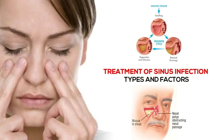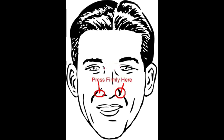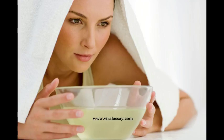It's important to note that these are all symptoms that can occur with the common cold. It's when these symptoms continue for longer than 10 days that you may have a sinus infection. If you have 2 or more symptoms, or you have thick, green, or yellow nasal discharge, then it may be acute sinusitis. With chronic sinusitis, you continue to have these symptoms for 12 weeks, or longer, plus you may also